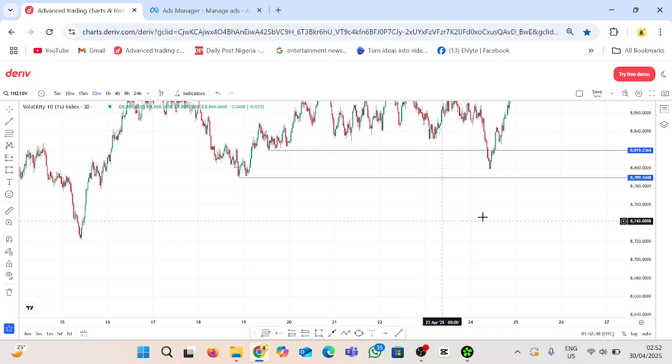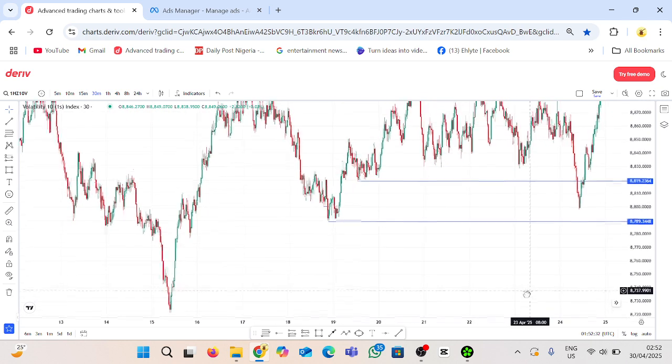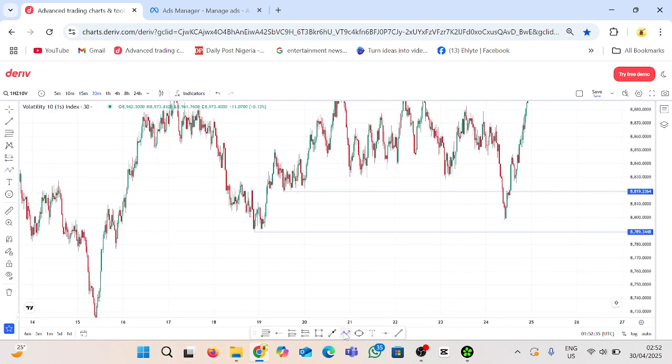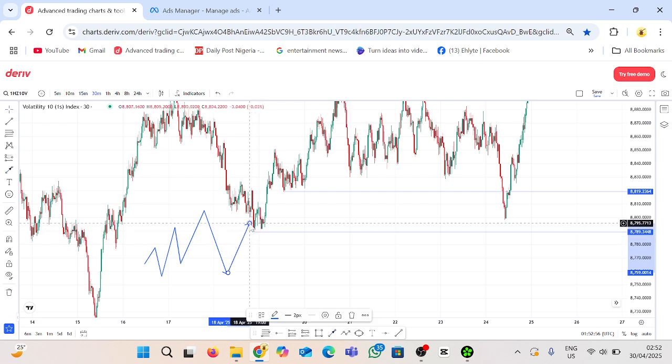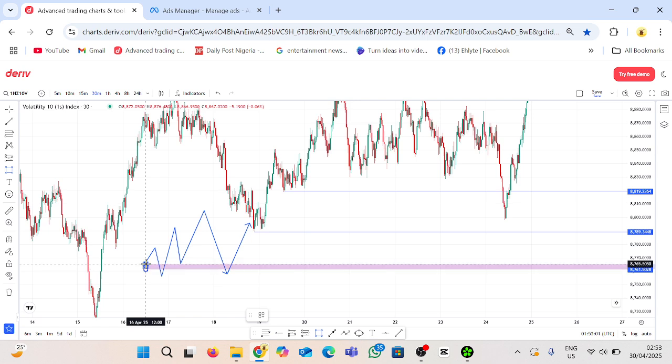Now, compare these two chart patterns together. This is the pattern for a buy. You have something like this, like this, like this, and then price comes back to this zone, takes out the liquidity, and then what does it do? It continues to the opposite direction. That is just it.